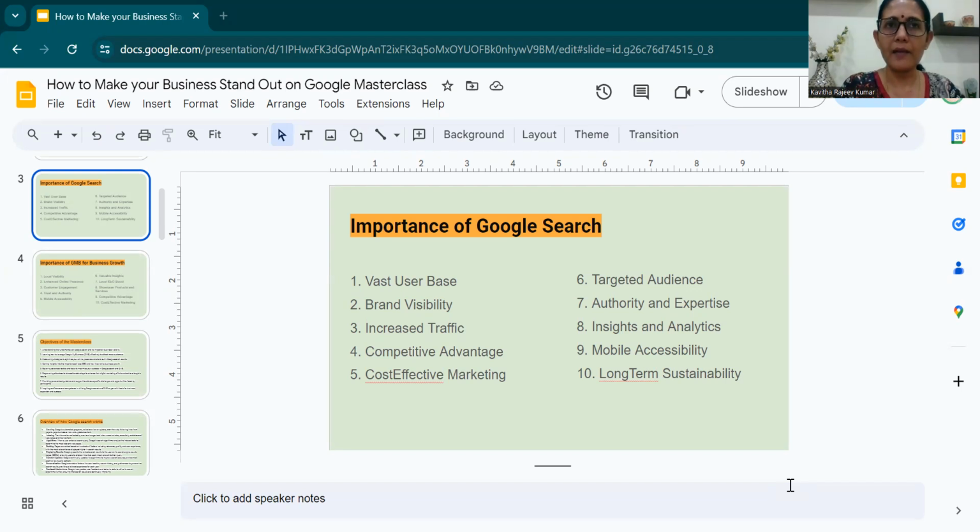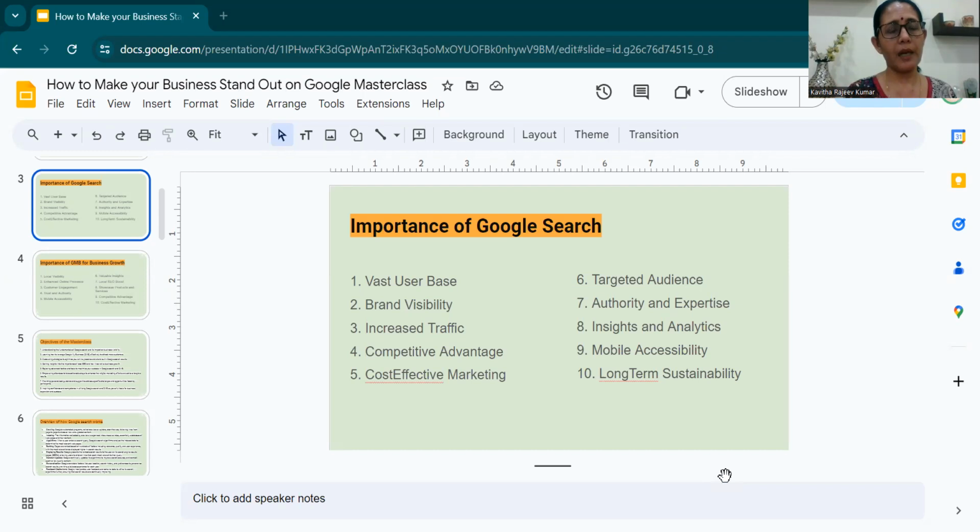Because if you are having a Google My Business page, it's not going to cost you anything. So whenever somebody searches, say for example, handmade chocolates in Raigad or chocolate gifts in Indore.